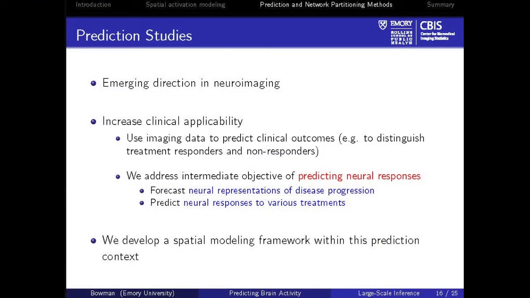So I'll quickly, in my remaining few minutes, just talk about some other things. So prediction studies, again, it's an emerging direction in neuroimaging. High promise to increase the clinical applicability of fMRI. MRI, just looking at structure, is very important for looking at things like neurological diseases that cause lesions in the brain, or if you have a stroke, you're able to visualize that. So the clinical applicability of MRI, I think, is at this stage much higher, but there's hope for fMRI to